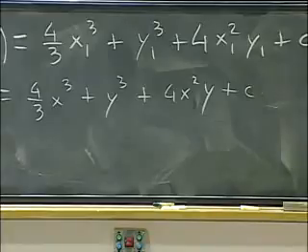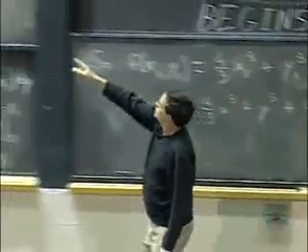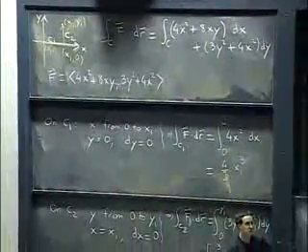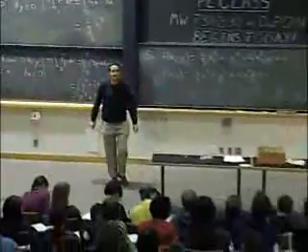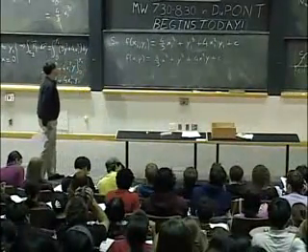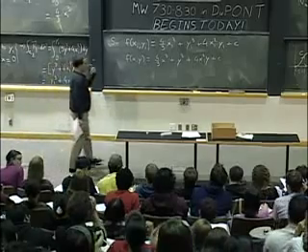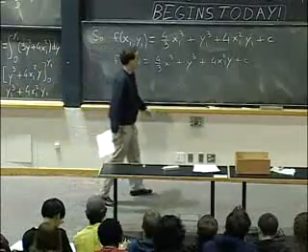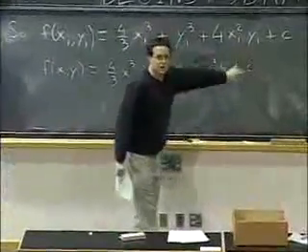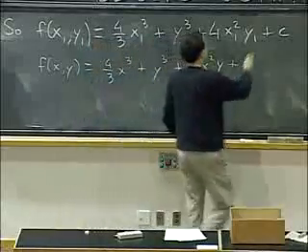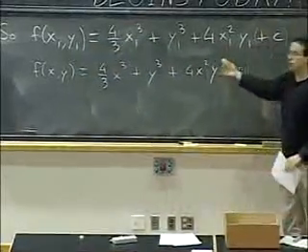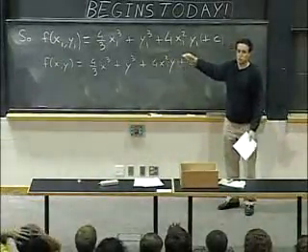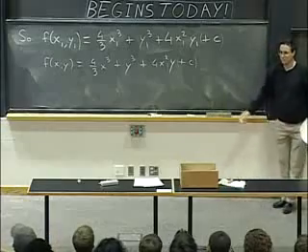Okay, and you can check if you take the gradient of this, then you should get again this vector field over there. Okay, any questions about this method? Yes? Is it wrong if you don't include the constant? No, well, it depends whether you're just trying to find one potential or if you're trying to find all the possible potentials. If a problem just says find a potential, then you don't have to include the constant. This guy without the constant is a valid potential. Just you have others. So if your neighbor comes to you and says, oh, your answer must be wrong, I got this plus 18, well, both answers are correct.